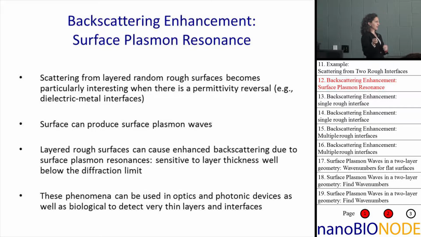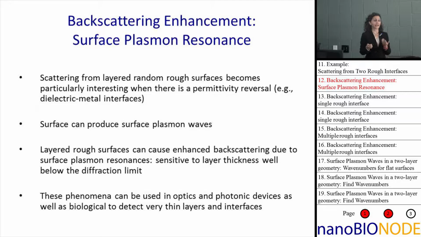I mean, not just because of their academic interest, it's just a really clever thing that happens, but also it has applications. It turns out the surface plasmon resonance effect, when you have multiple rough surfaces, is very sensitive to the layer thickness, and it's sensitive to layer thickness well below the diffraction limit. So if you have two surfaces very close to each other, and the separation between them is very small, less than half a wavelength, which is the diffraction limit, you actually pick up that